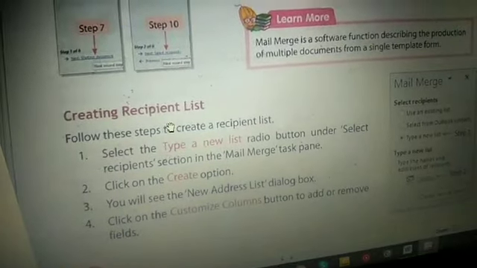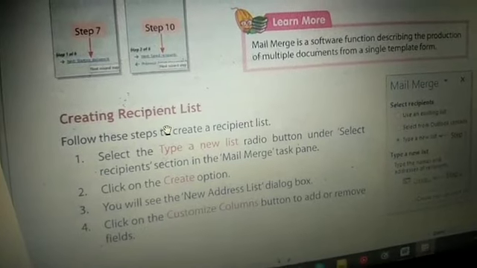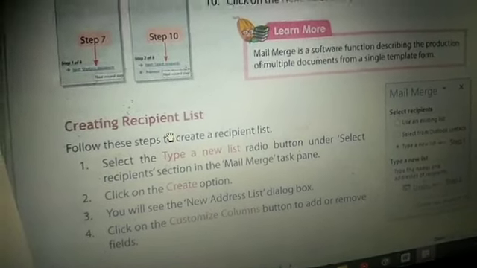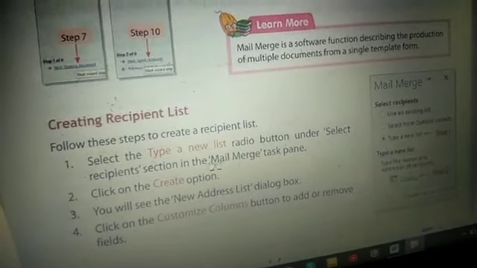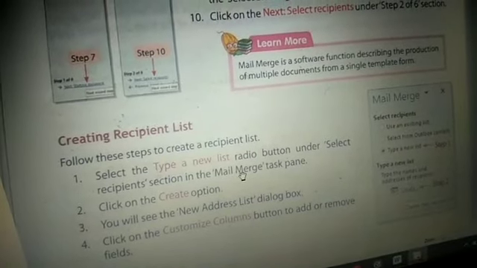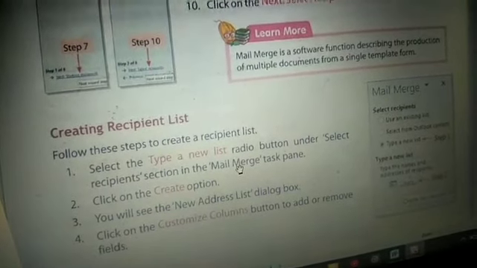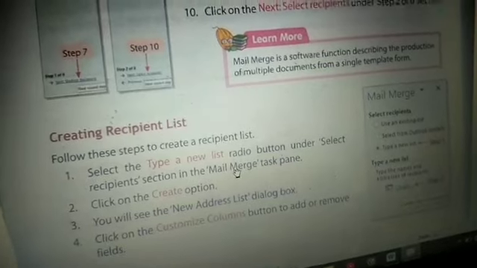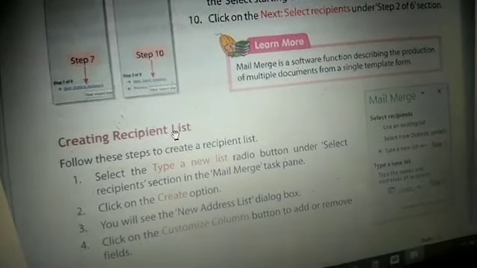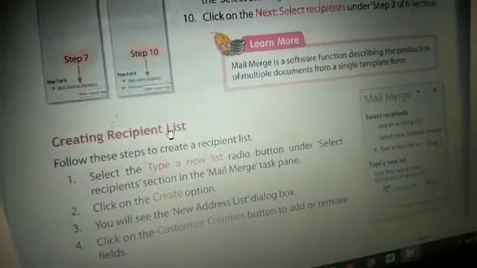So after creating your letter or using your own template, then you have to type your recipient list, which means to whom you are going to send those letters. That letter address you have to create. That is what is called recipients. Who is receiving the letter are called recipients.